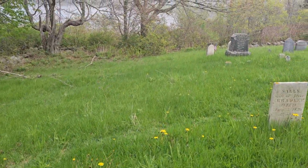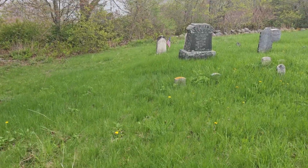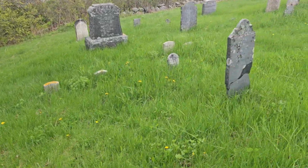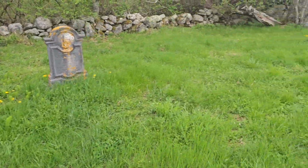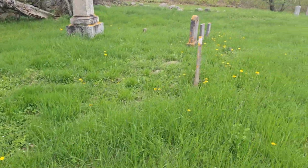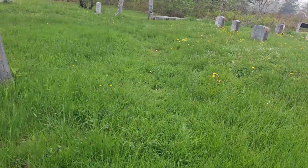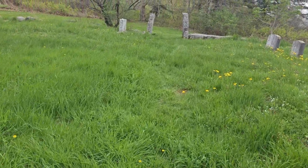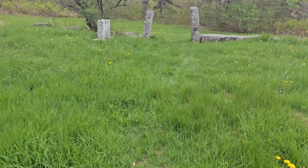Let's go. See if we can find something older than 1700. It looks like the oldest one I found so far was 1700. So they do go through here. And here's the gate, I guess. I came in the wrong way. So